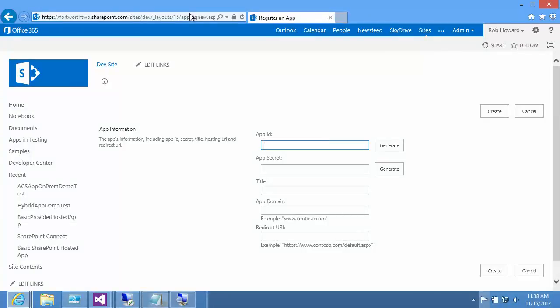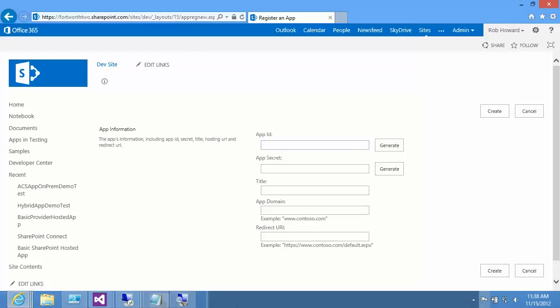If I'm going to use this app in a bunch of different tenants or sell it in the store, I'd actually go to the seller dashboard, the same place I go to submit an app. And I would create a new app ID there, and it could be used in all different tenants. In this case, I really only want to use the app in this one tenant. So I have a page inside of SharePoint that can just create me a new app ID or register a new app. And it's at